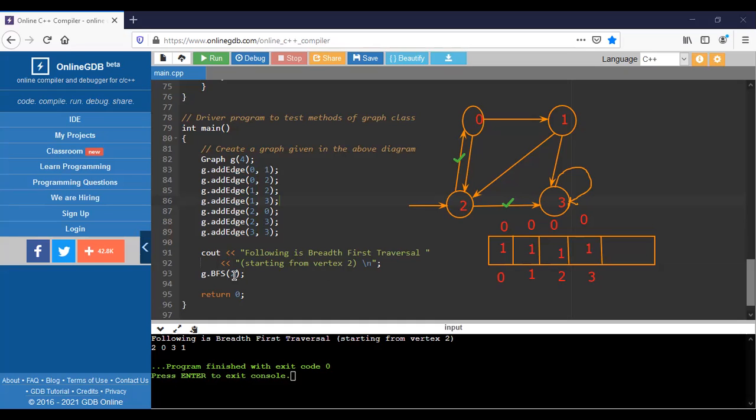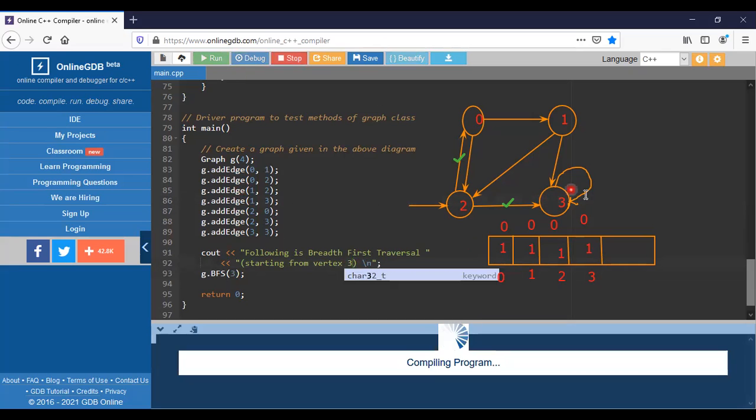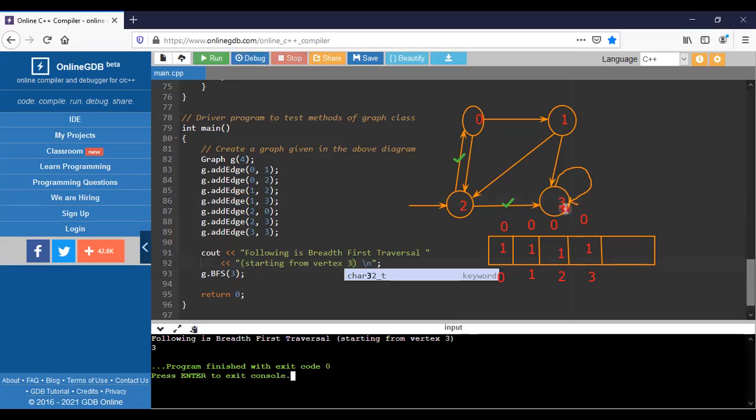If I want to start from another node, not from this one, consider it as 3. See here whether it is traversing or not. There are no other nodes connected to 3, which has only a self loop. So it will be visited and, having no adjacent nodes, it will stop there itself.